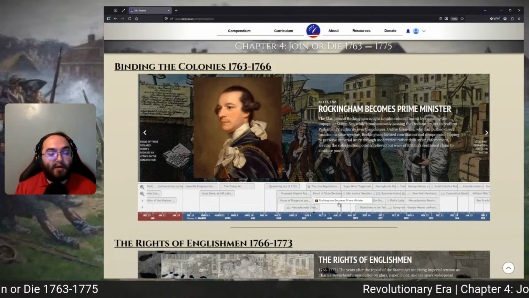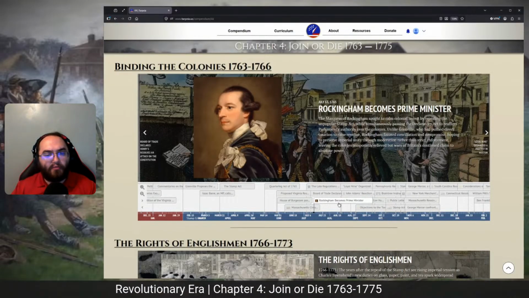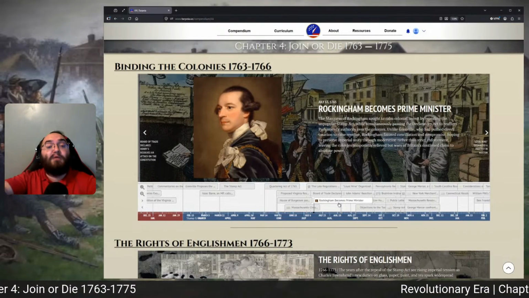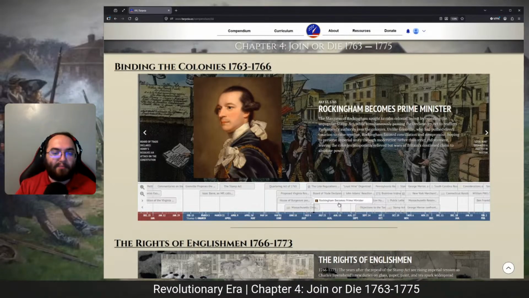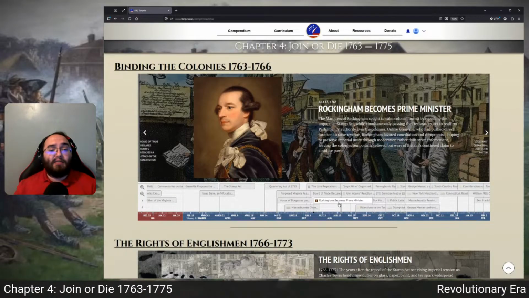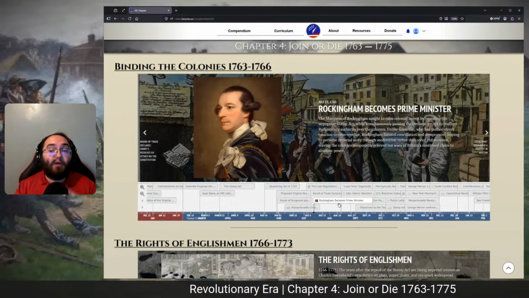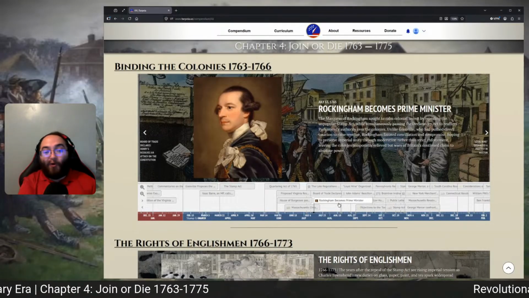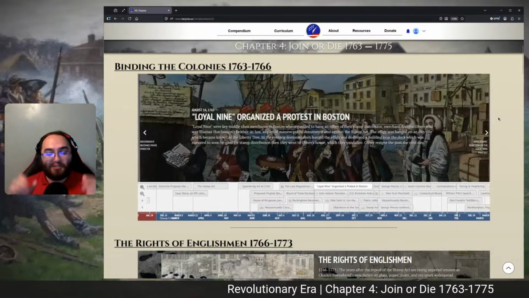And so you have Grenville, he's going to propose direct taxes and regulations on the colonies and abolishing colonial currencies. And now you have Rockingham. He's going to be pulling a lot of those restrictions back, repealing them. He's going to repeal the Stamp Act before it even goes into effect, and he's going to repeal the Sugar Act, and he's going to pass a few acts to open trade. But he does pass one act, the Declaratory Act, which will be even worse than all the acts passed under Grenville, and I'll talk about that in a couple of minutes when I reach the act itself on the